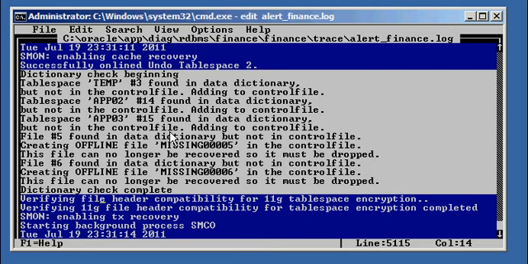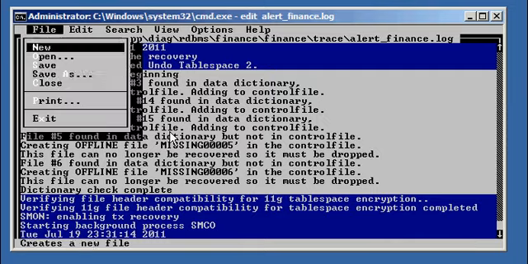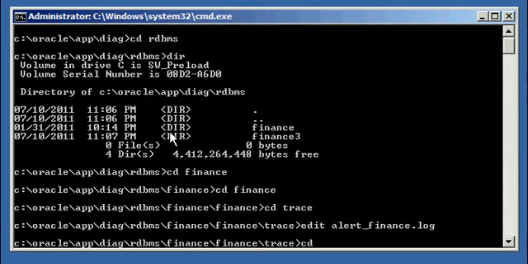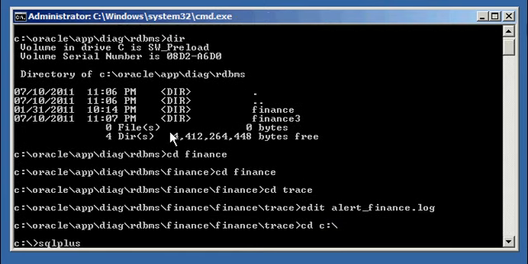But the data dictionary in the system tablespace data file still knows about these. Okay? Remember, the data dictionary is Oracle's metadata about data. It's information about information. So what we have to do is